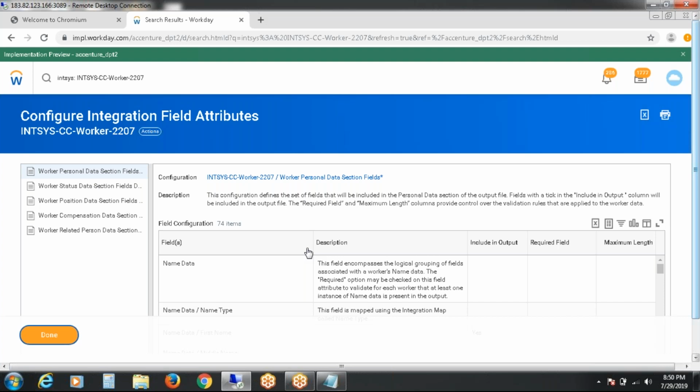For that, I need to call some custom integration services. In that, there is one process called integration field override. Override is nothing but whatever existing field is there, that field will be overridden by the calculated field or custom field.